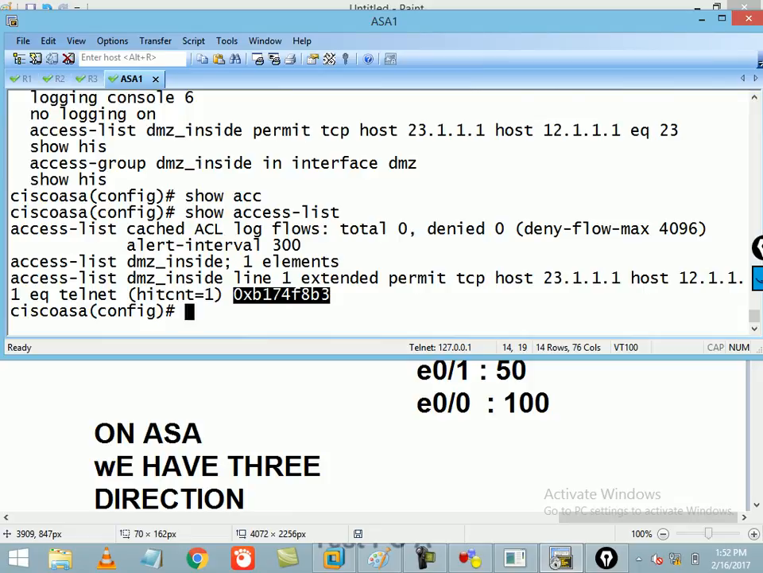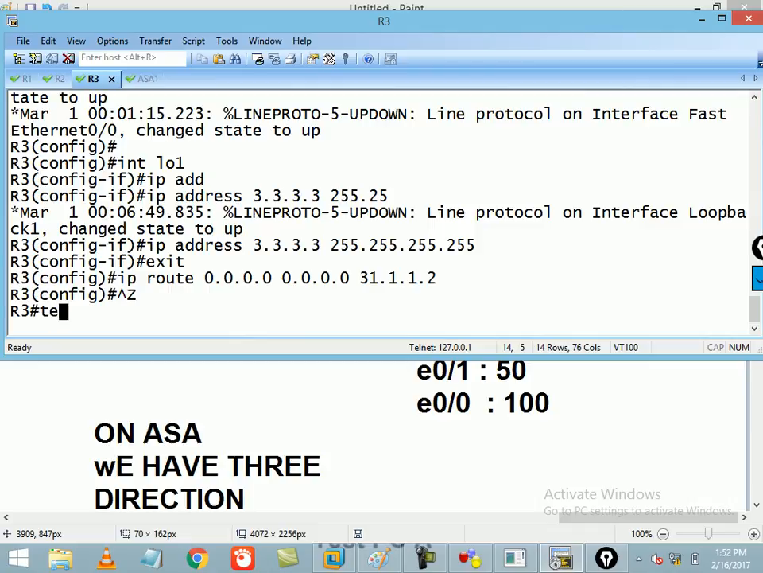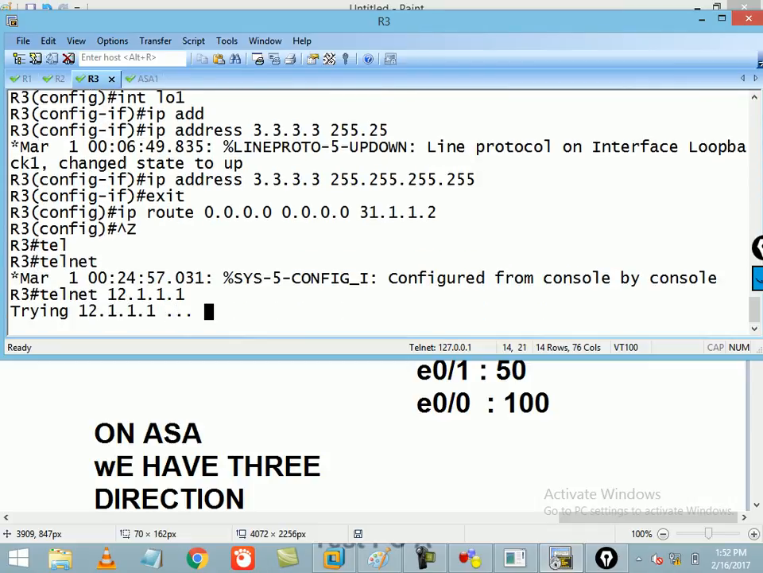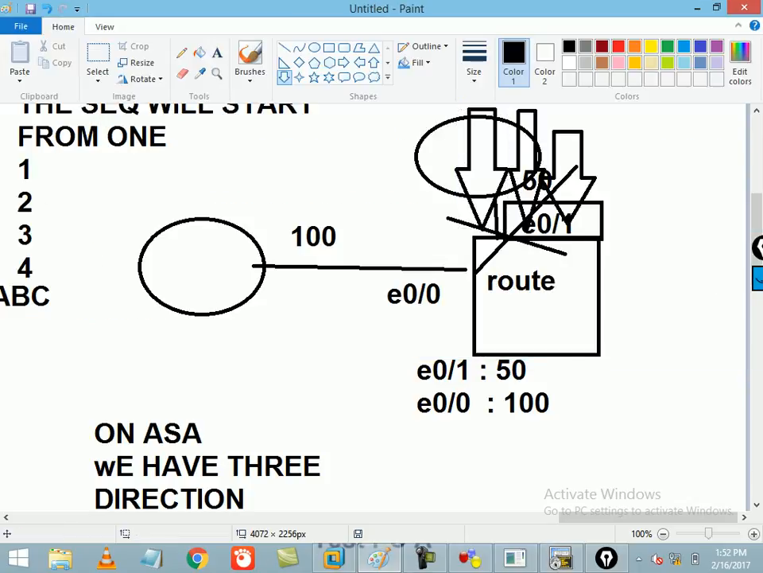Done. So this is how to create an ACL. Same example. What if I want to initiate from outside to my inside? The packet will be dropped because it is going from security level 0 to 100. To create the exception,